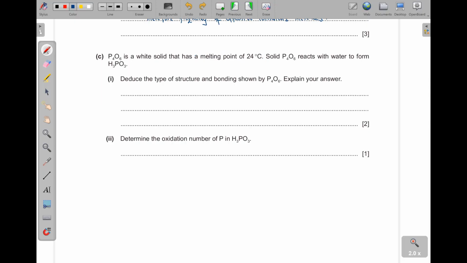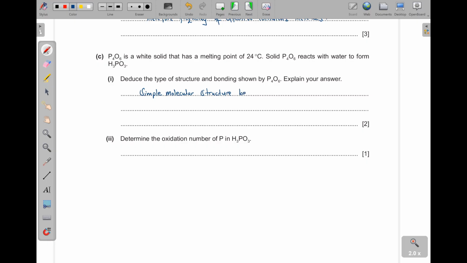it is already a liquid. That means it already melted, okay? Because a liquid can come from the solid, and the solid has to melt to give you the liquid. So that means this one here has a simple molecular structure. Sometimes we say simple molecular structure. Okay, simple molecular structure